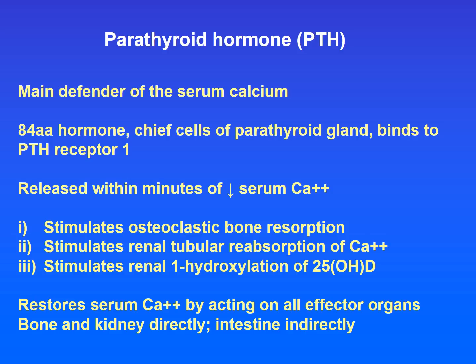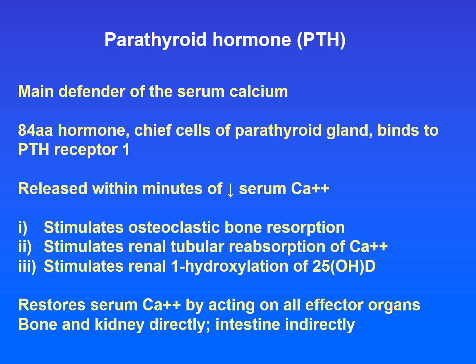The hormone sits in the chief cells already formed and ready for release, so that if there's an acute reduction in the serum calcium, there's a very rapid response in terms of release of preformed parathyroid hormone,